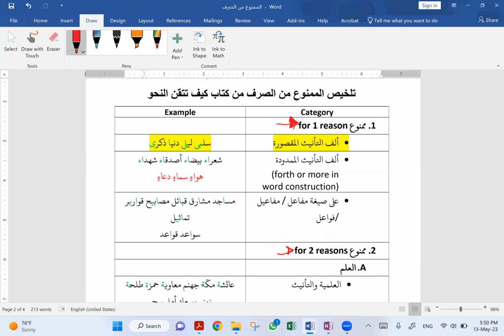Partly flexible, for those who might not register mamnu' min as-sarf. So partly flexible, there are two categories: one reason or two reasons. Now for the first part, the things that are mamnu' min as-sarf for one reason, we have this thing called alif al-ta'nith al-maqsura. Now this is going to be slightly complicated because we were told something else in Bayina and